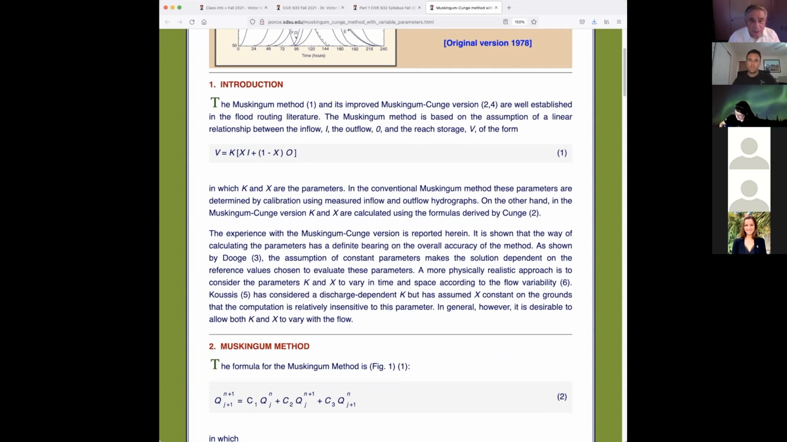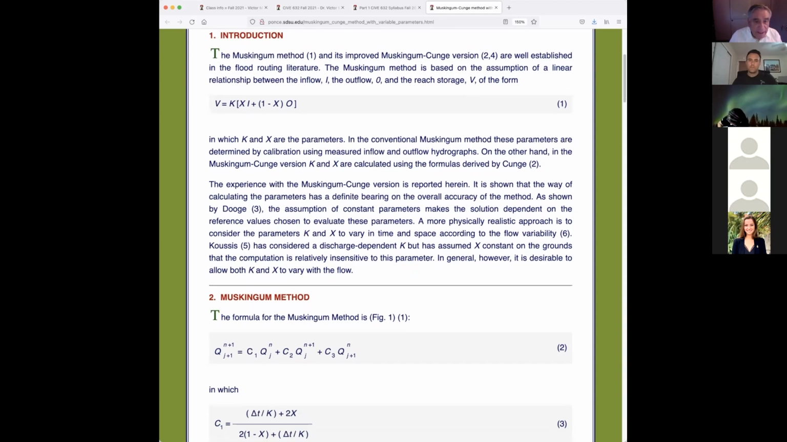So the Muskingum method and its improved Muskingum-Cunge version are well established in flood routing. The Muskingum method is based on the assumption of a linear relationship. This relationship is McCarthy's. Unbeknownst to McCarthy, this is really a way of saying kinematic wave, but he didn't know that. McCarthy did not know about the kinematic wave because the kinematic wave was brought upon in 1954 and McCarthy was writing this in 1938. It's very important to look at the history and the timing of these things. Okay, so we report the